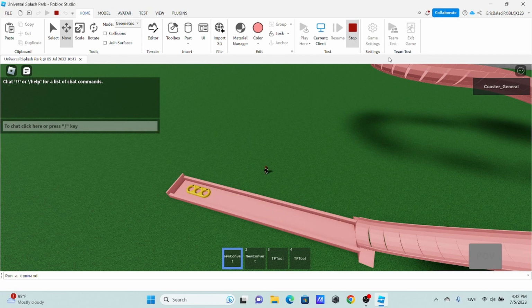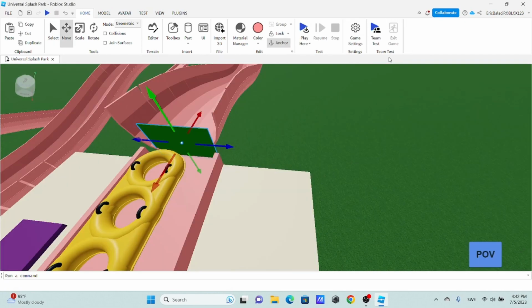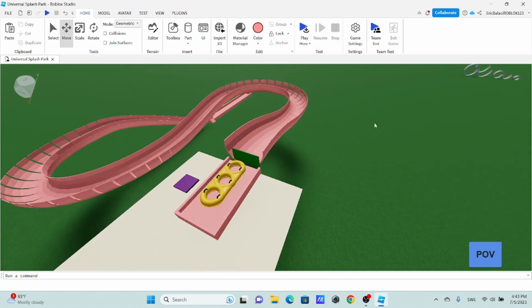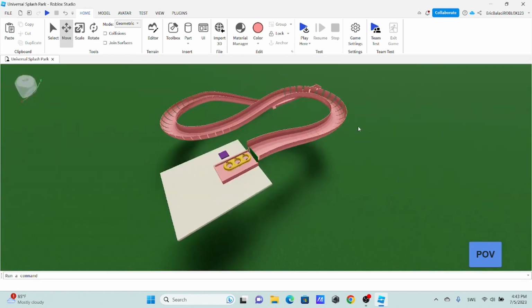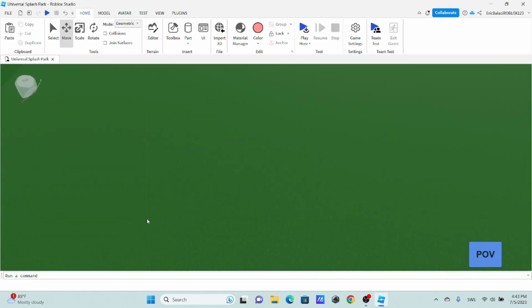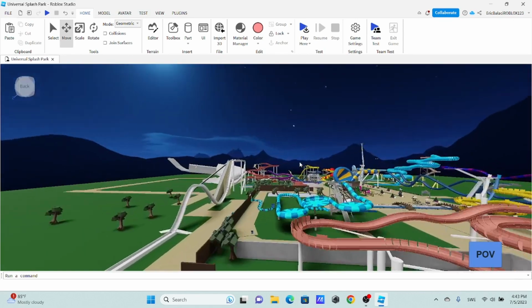Yeah, what should I say? I think that's all of the things that you guys need to know about making a water slide. It's not that hard, as you can see. Let me just remove it because I don't need it. Well, okay, so